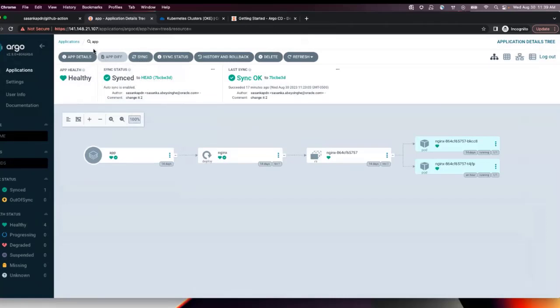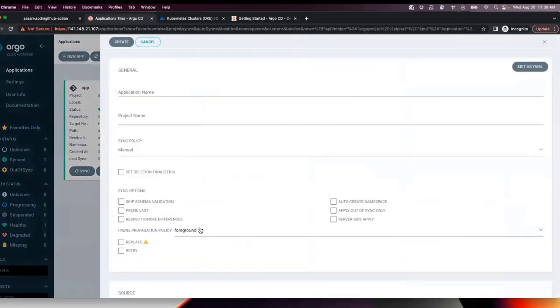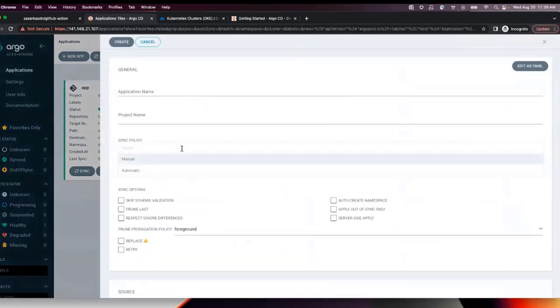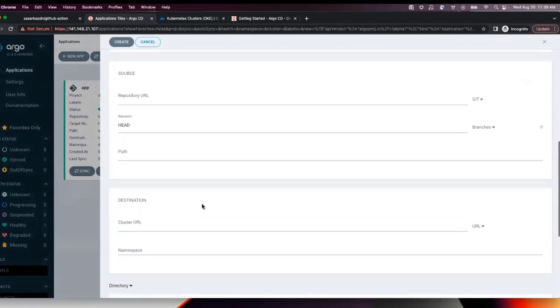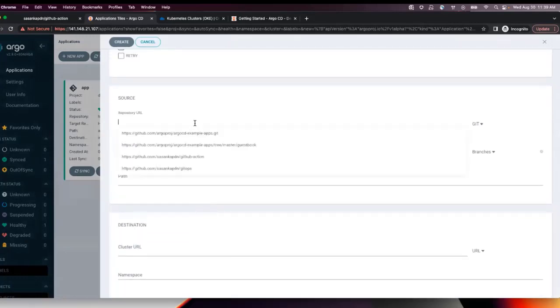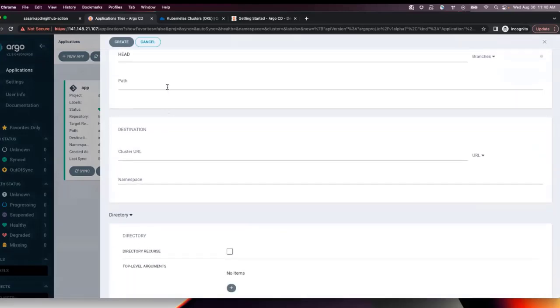Right now I set it to automatic. Then you provide the source URL, which is the GitHub Actions repository from settings, and the application path. My path is app.